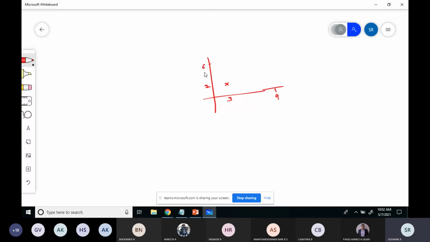Approximately here it will be there. So these are the two points. Along these points, the pixel positions will be calculated to generate the line. That is how the line will be generated. In order to generate this line, you should know some basics. So what are those basics?